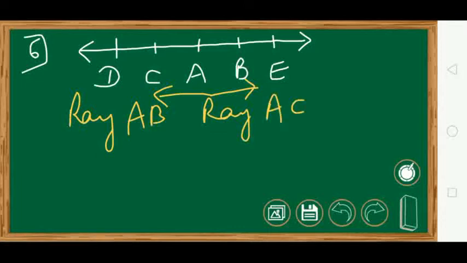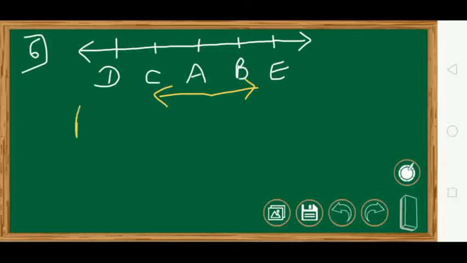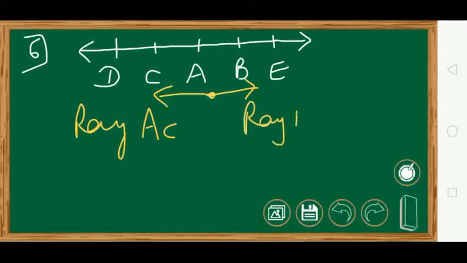Now how are they opposite? Because they are going in opposite directions. AB is going in this direction and AC, one minute, this is ray AC going in this direction. This is your A and you have ray AB. Whenever you name the ray, the first alphabet is going to be your starting point. Arrow is towards B, so you will not write BA. It will be AB, meaning going from A to B. So this is your first answer, that is the opposite rays.